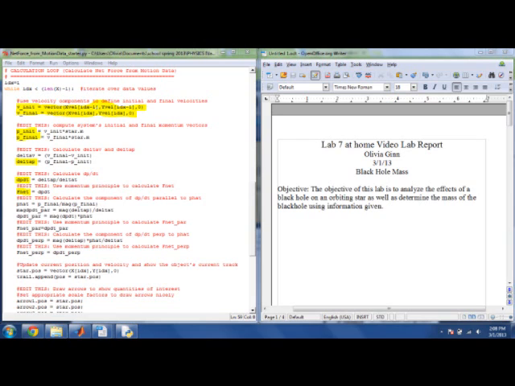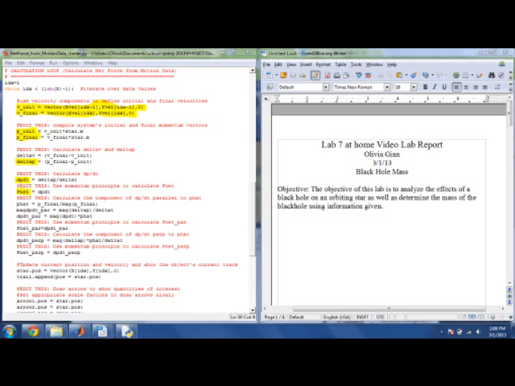I used the equation for the force of gravity between two objects, and I am measuring the force of the black hole on the star. I set the black hole's position to be at the origin, so the position of the star is a position vector that will be used to compute velocity and momentum, and that will also be used in the force of